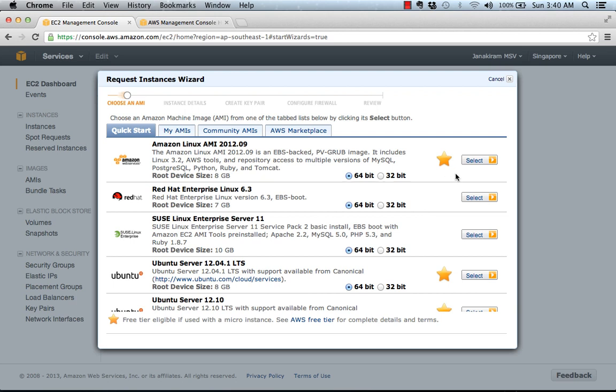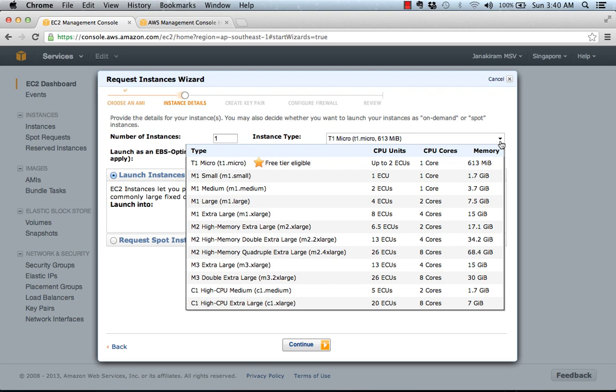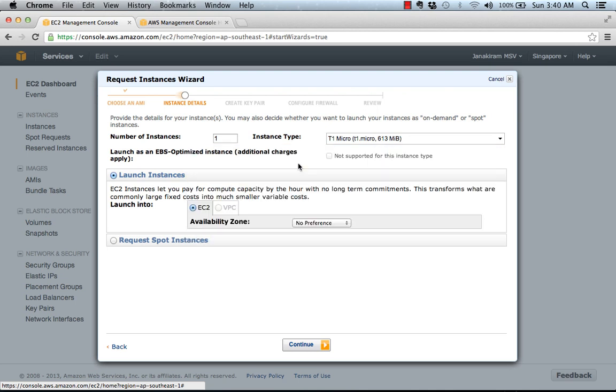So I will choose 64-bit and click on select, and this is where I get to choose from the instance types. So here micro instance is free tier eligible, and as we discussed earlier, it comes with 2 elastic compute units and approximately half a GB of memory. I can go all the way up to quadruple extra large, or the new generation instance types, which will give me more power, more configuration. But I want to keep this simple, so I'm going to choose micro instance,